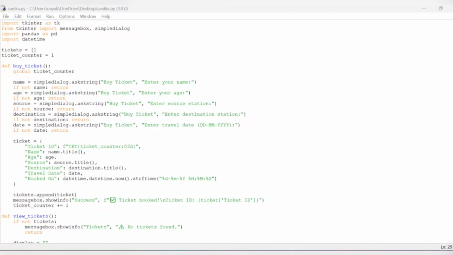Ticket system is a simple project built using the Tkinter library for the graphical user interface, Pandas for saving ticket data, and the datetime module for adding booking timestamps. The script started by importing the required libraries for our project and then set up two variables: an empty list called tickets to store all booked tickets and a ticket_counter to